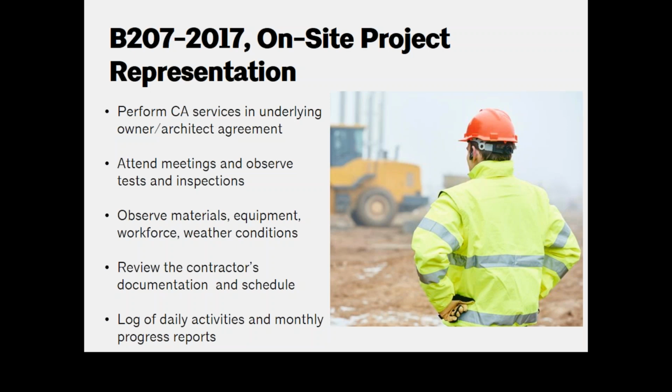This representative also has responsibilities to review the contractor's documentation and schedule, and also to create a daily log of activities and monthly progress reports. And I'm not going to get into too much of the detail of what goes into those items, but the log is going to be where this representative identifies work that's performed and conditions that might delay the project. And the monthly progress report is where the representative gives an update to the owner on things like submittals, schedules, change orders, and CCDs, and on